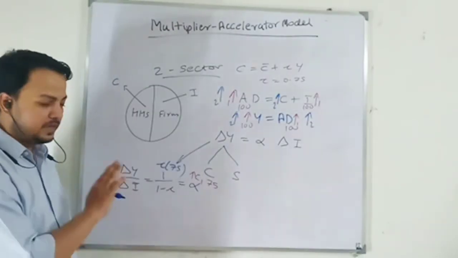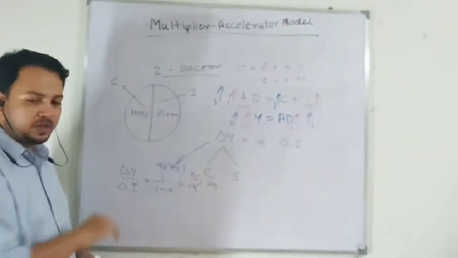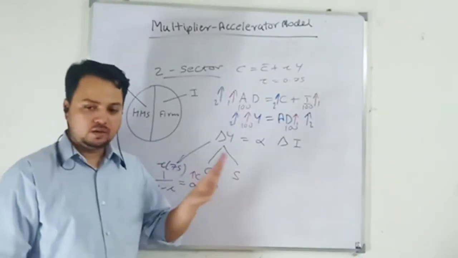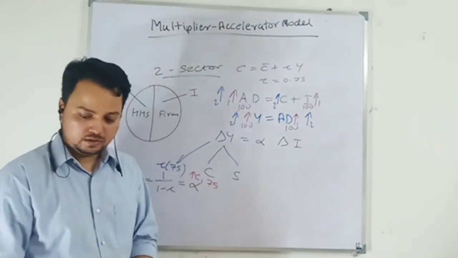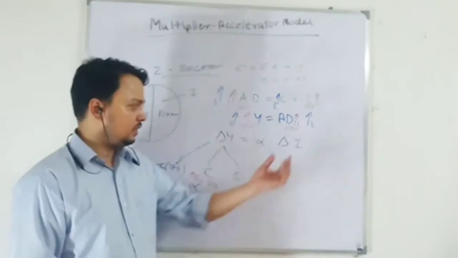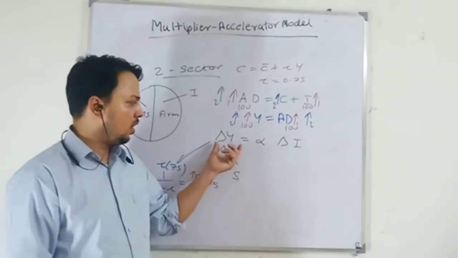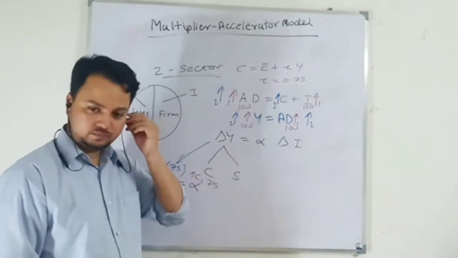I will send the video in this regard. How it works in the multiplier, just look at it. I am going to do this process for you in terms of investment also. So here we are looking at when initial investment is taking place, and how it is affecting your income through consumption.